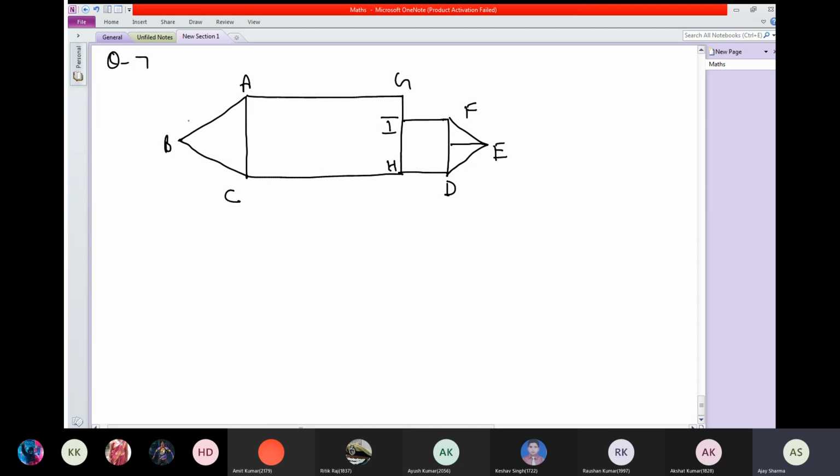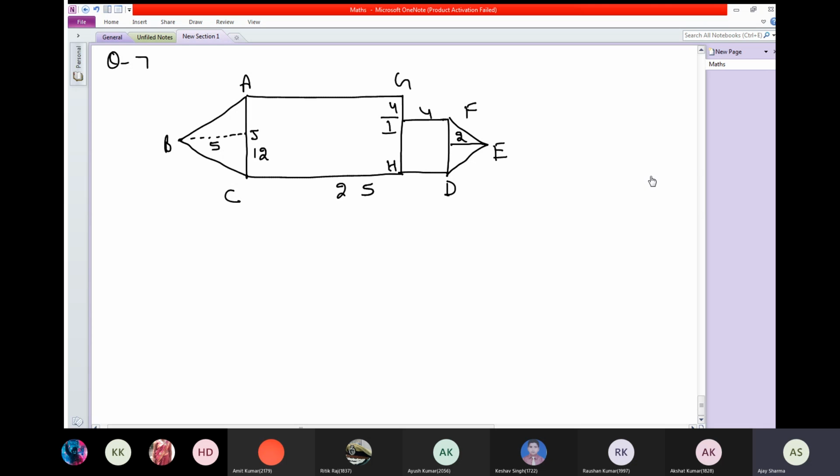Now write the units. Which one is given? Take this point J. This side BJ is given to you as 5 and AC is given as 12. CD is given to you as 25. This is 4, this is 4, and this one is 2, this one is 2. Now we have to find the area of this given figure.